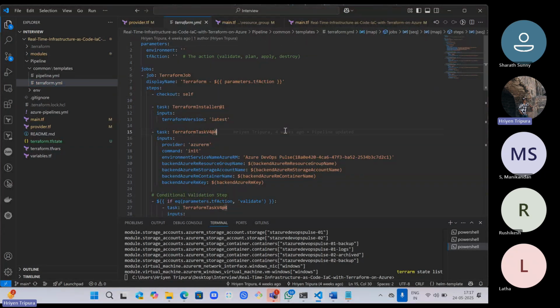For example, you can see here, we have parameterized this, and these jobs are given as Terraform jobs with whatever parameters. They will check out, then install Terraform, get the latest Terraform, and then initialize Terraform. Now there is another way. If you check this version, maybe